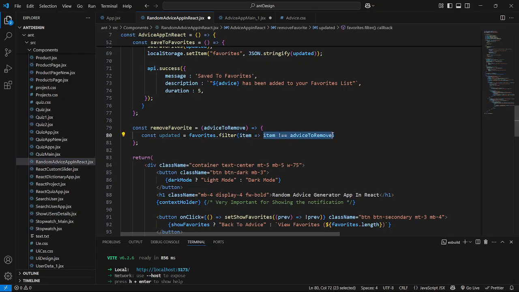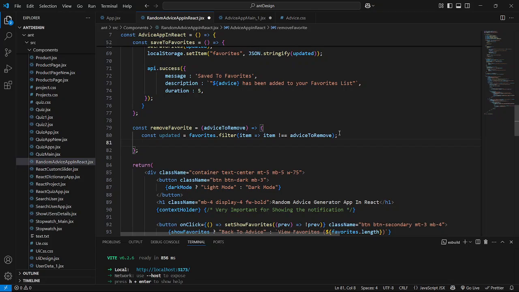Okay guys, this means keep everything except advice equal to item to remove. Okay, remove it. Okay, this is it. So save the file, and now we will just show the